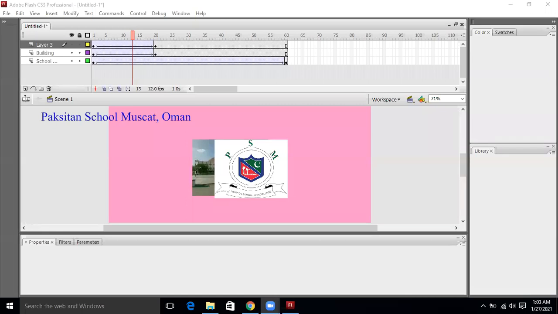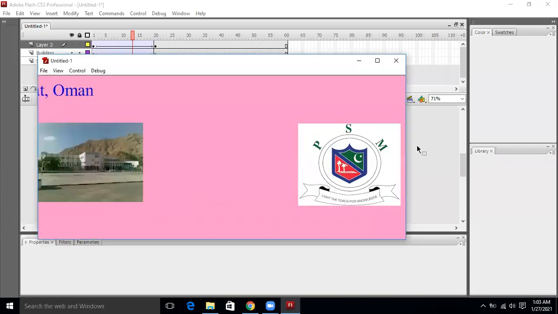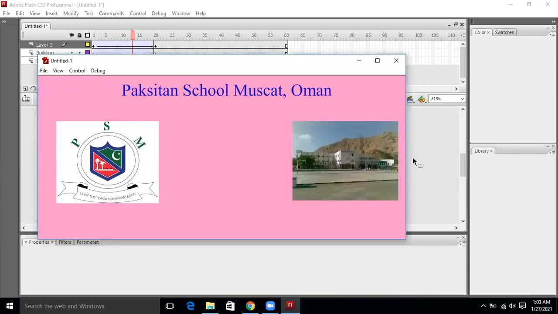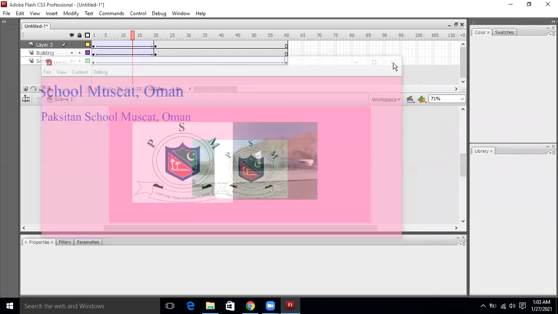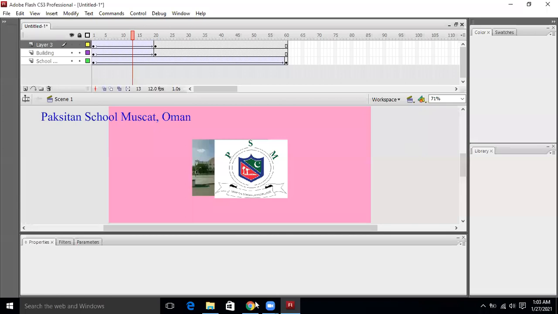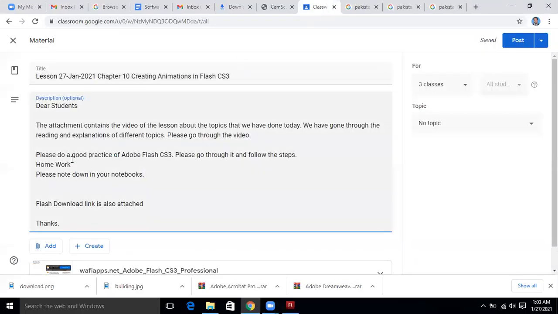Right now, I'm explaining how we are going to make this project, which is a web banner of a school. I'm explaining how we can create a simple web banner for a school, just like this one is done. Now it's up to you how creative you are. If you want to include more things, you can. But what I have written over here in the project statement,